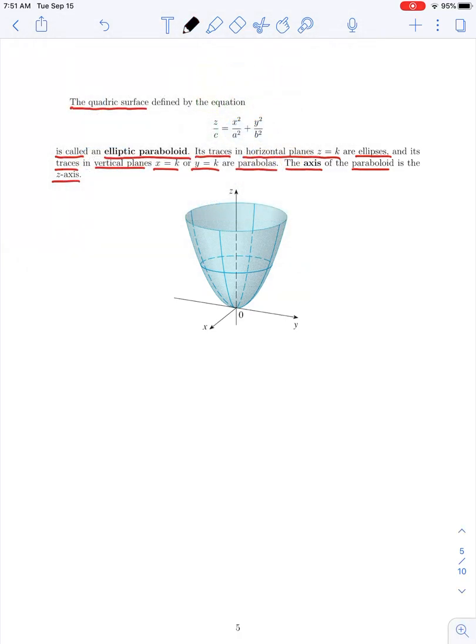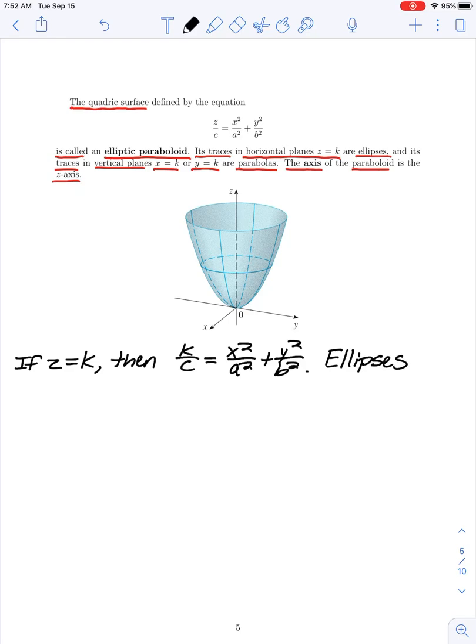So starting with our traces in horizontal planes, if z is equal to k, then our equation is of the form k over c is equal to x squared over a squared plus y squared over b squared. So here, this would represent an ellipse. So for different values of k, we would have ellipses. Now, in this particular form of the equation, if we're assuming that c is positive, then the only way that we get an ellipse would be if